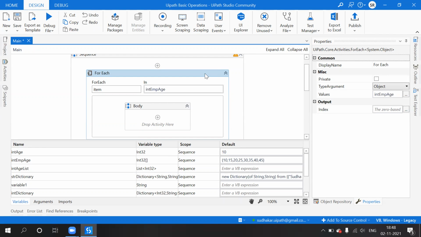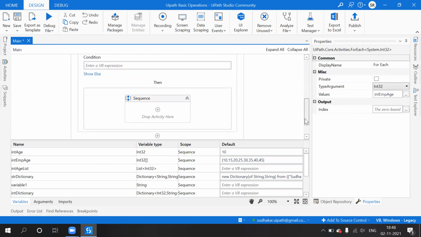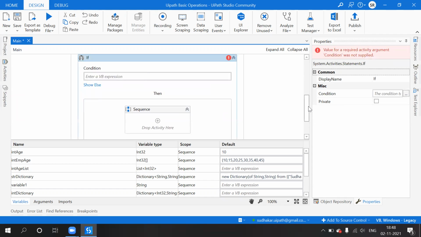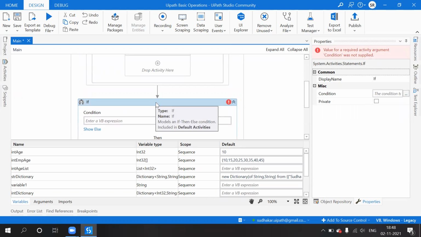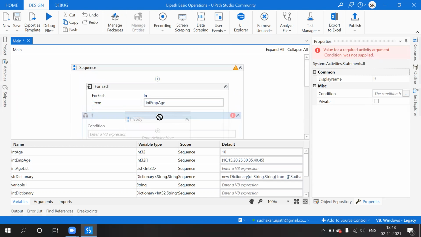So what is this? Here the type argument is integer, right? Inside the body I have to use this if condition. Just click on this and drag and drop into here inside the body.